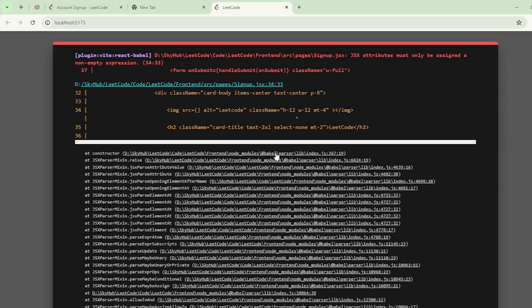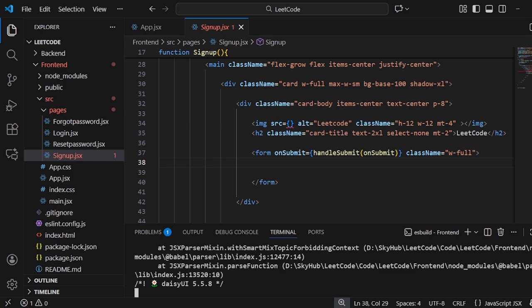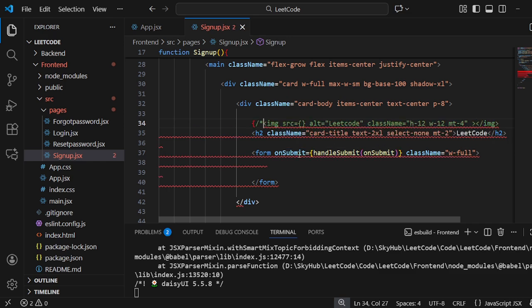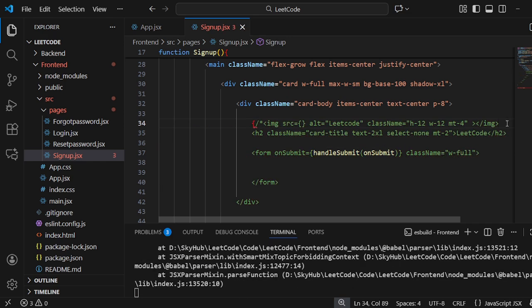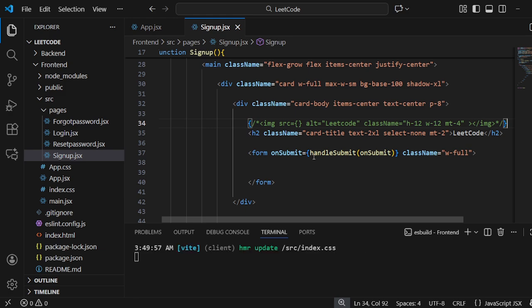But here it gives an error because we did not specify the image path. So for that, let's first comment it. Then again check